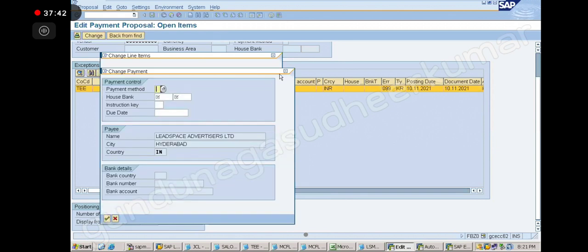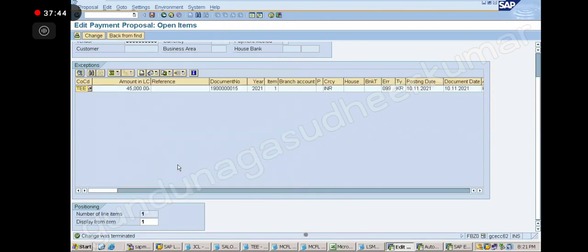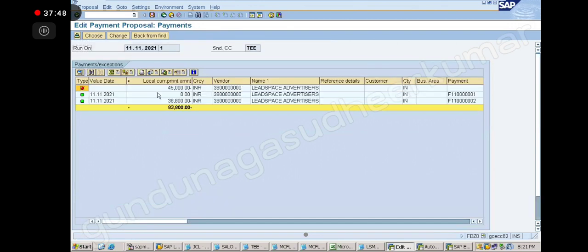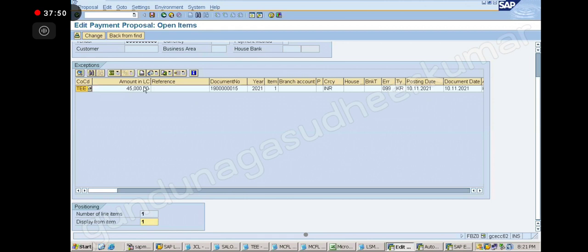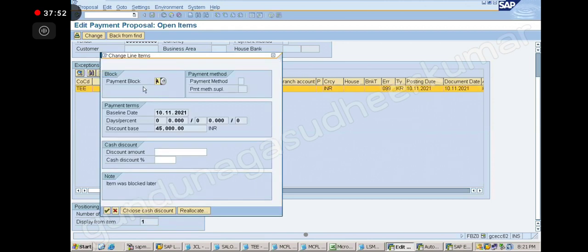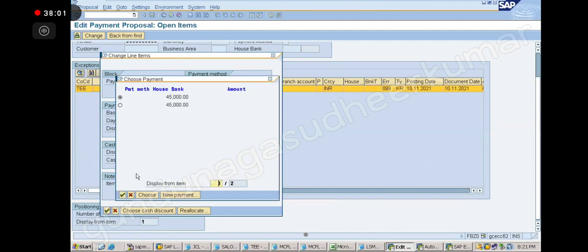Again you have to go back. Sir, can you say whether block item and open item are the same? Block item is blocked, right? Block item is blocked. Okay.